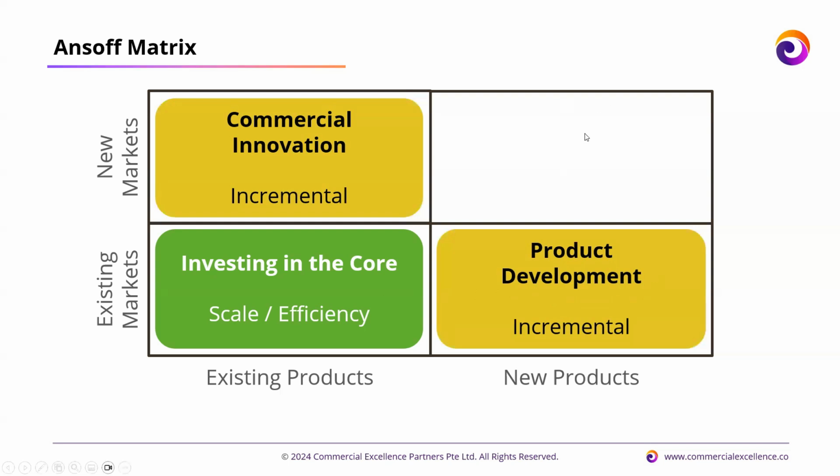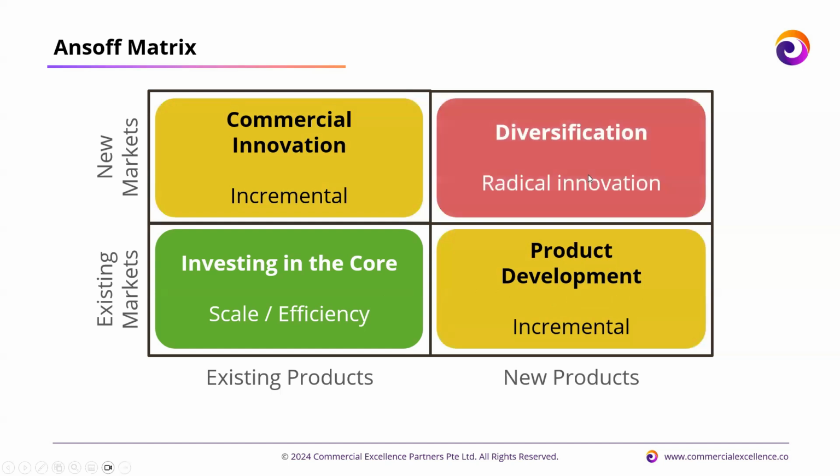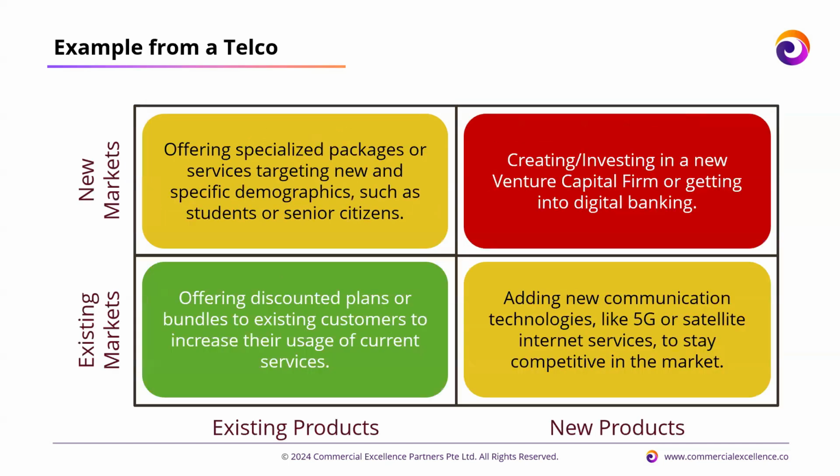And this quadrant is very much driven by product development. Finally, a more radical section for innovation is up here, which is the diversification quadrant. Here, this is usually how can we leverage radical new technologies or radical business models that really change the game for how business is done and conducted in our sector. So I'm going to give you a quick example of what this could look like for a telco. And a telco would be probably doing a little bit of everything. And the name of the game is we want to diversify our bets when it comes to innovation.